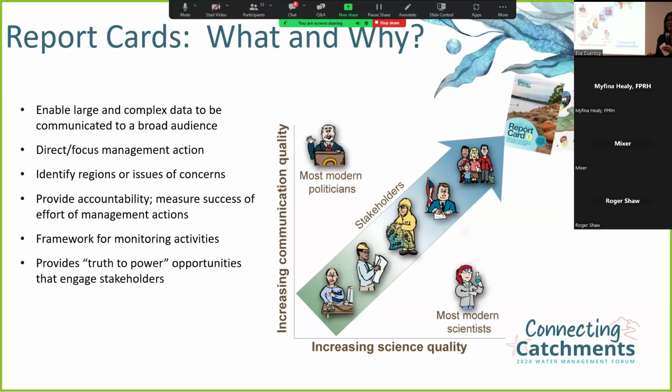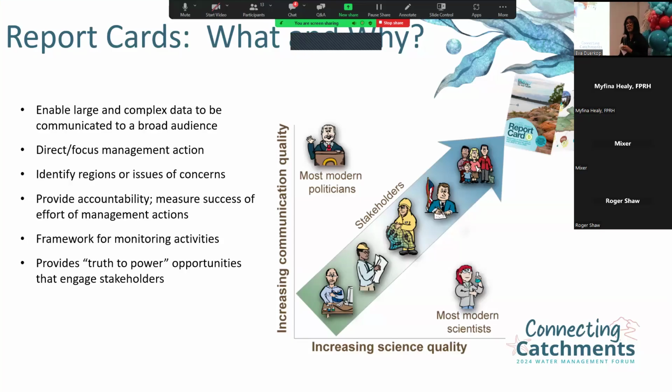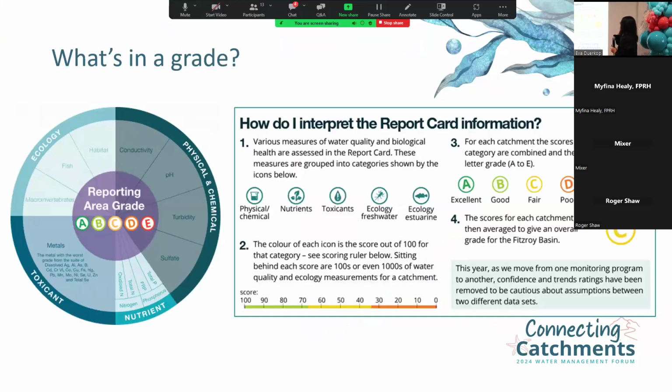Are able to, the main purpose of report cards. That's why we do it. That's why we do it for schools too, by the way. So for the Fitzroy, we have four